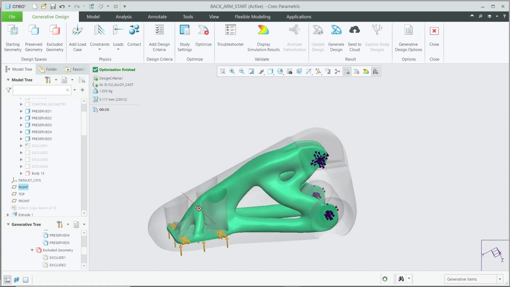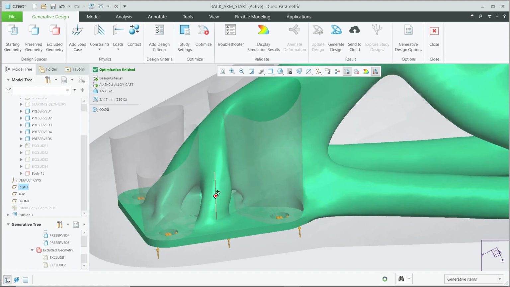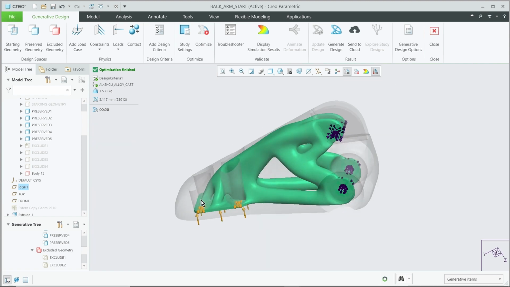And again, we didn't really say build it to be a casting or anything like that. So it's made this kind of webbing in here. So this is the part that it's come up with. And we could come back over here and make some other changes to it. We've got it down to the correct weight that we wanted, and that's pretty much set up. But